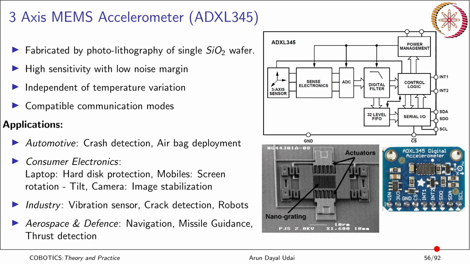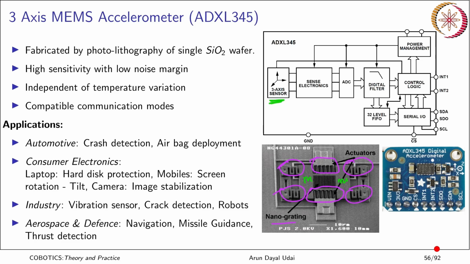Applications are many. It looks like this, you see. This is the nano grating that you can see, this is the comb system, and you can see a spring-like structure made on both the sides, and overall this becomes the proof mass. So the whole of the mechanical structure is sitting inside the chip, and there are many other conditioning circuits which go inside, you can see here.